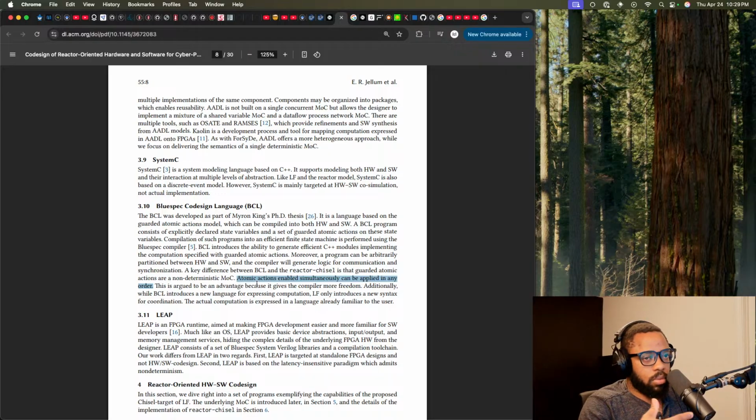Obviously, there's the stuff that we also just read with modal reactors. This is argued to be an advantage because it gives the compiler more freedom. Additionally, Lingua Franca only introduces a new syntax for coordination. The actual computation is expressed in a language already familiar to the user.